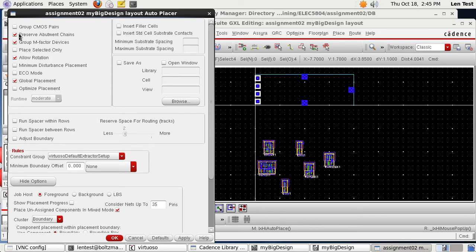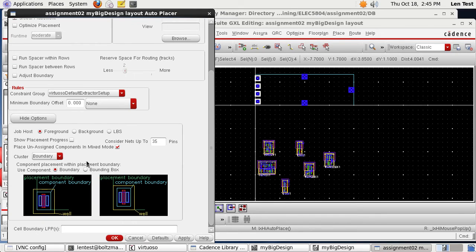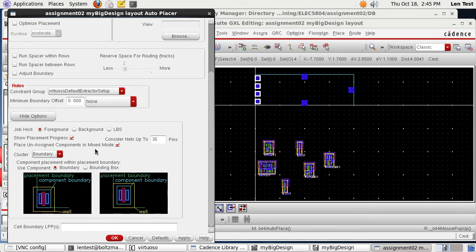Okay, check to make sure you have the checkbox the same as me. This should be fine. Everything else there looks good. This is kind of neat: if you check this checkbox here, show placement progress, you'll get to see what Cadence is thinking about as it does the optimization. Now I'm going to click apply,